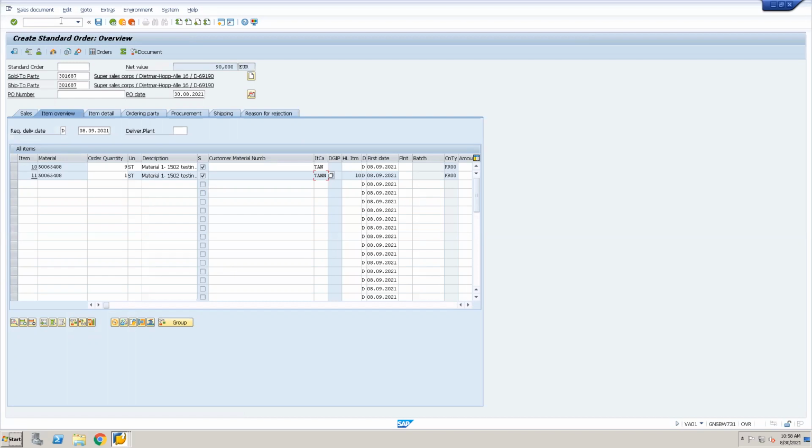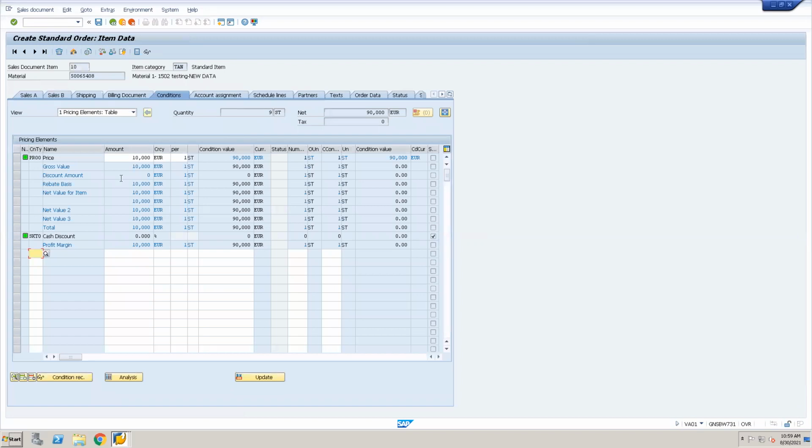how much cost it incurs for the material, but it is a 100% discount. If you can see here, the line shows 90,000 euro. If I go to the conditions tab, you can see PR00 is 10,000. It comes to 90,000.